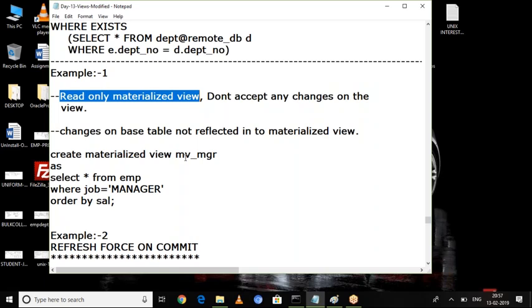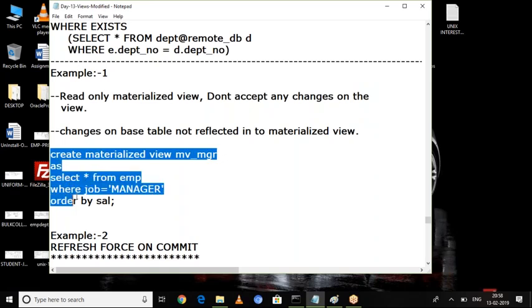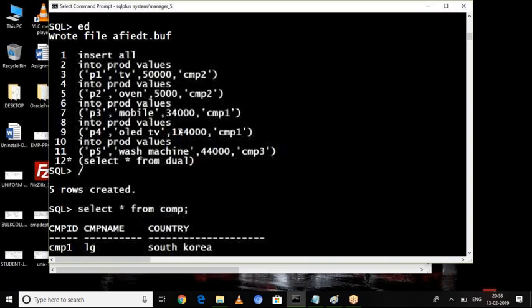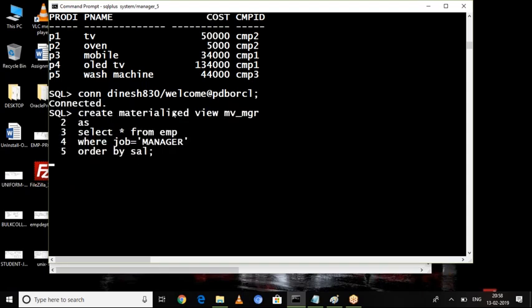Here, I want to create a materialized view based on manager data. You can easily understand. Just see, I want to create a materialized view with manager data. If you try to apply, it will display insufficient privileges. How to get permission? Connect as,